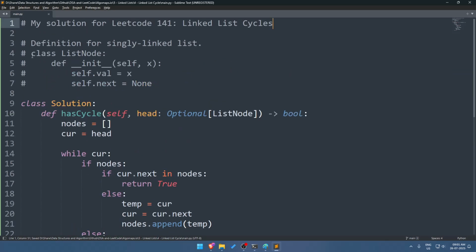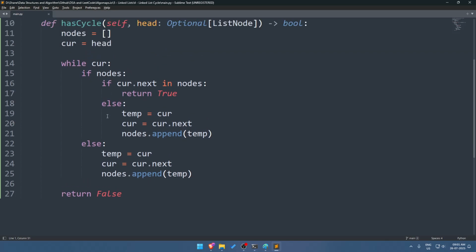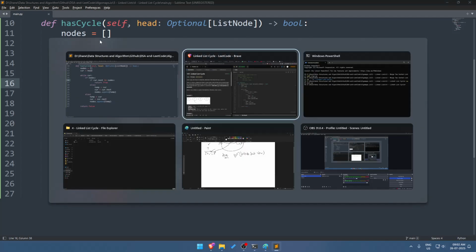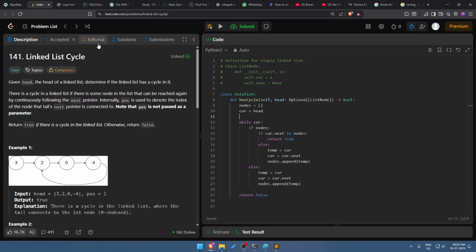Okay, parent.next and nodes. This is an O of n operation, right? If I can turn this into a set,